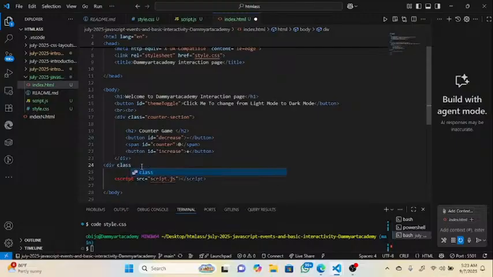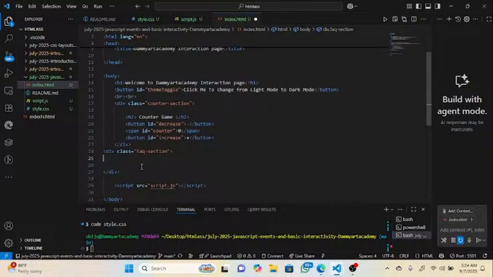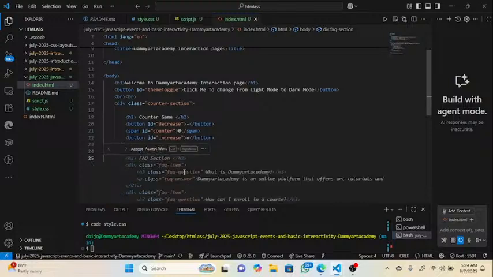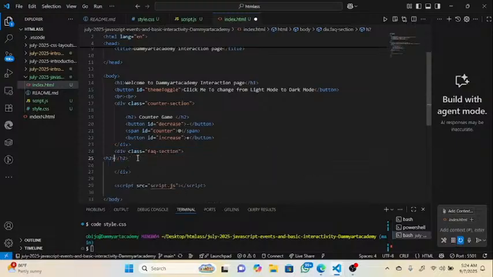class FAQ section. FAQ section. So inside the div we have our h2 as usual. So inside the h2 we have frequently asked section, and just do it like this. Frequently asked section, then